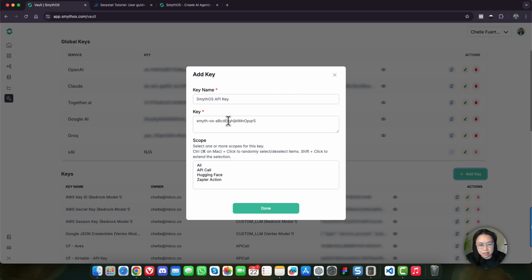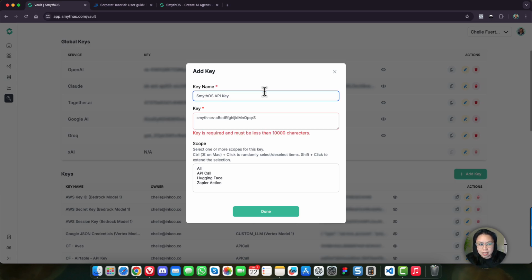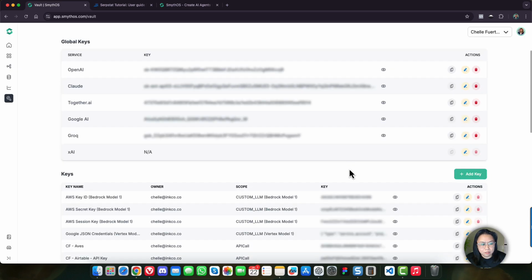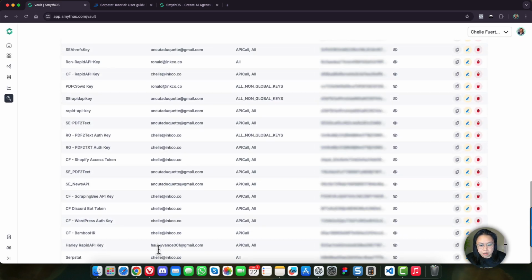Just add your key here, add a key name, and then click done. I've already added mine earlier today, so it's already in here.